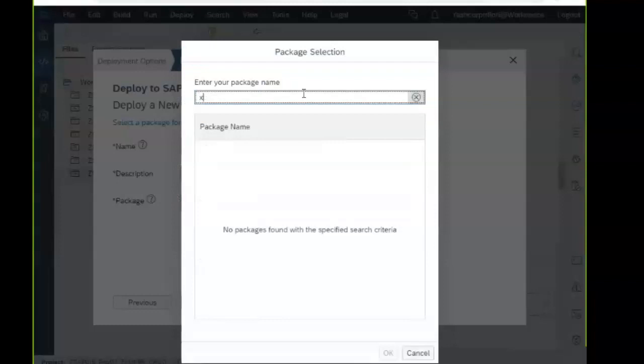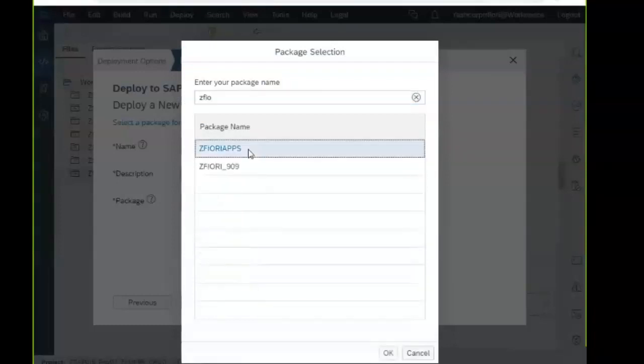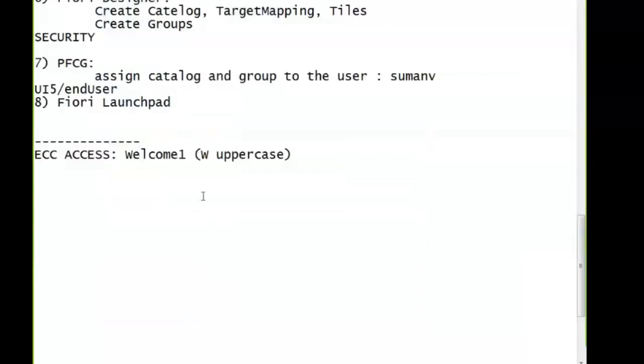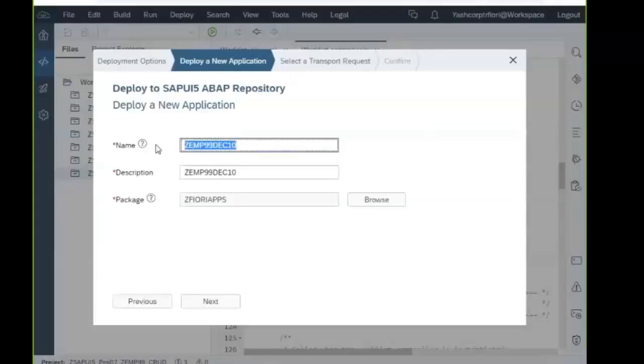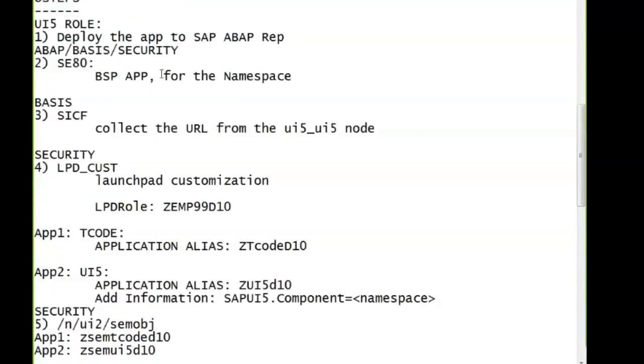There's some cache problem. The BSP application name.